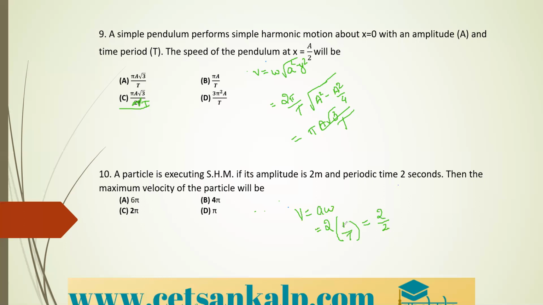Okay, so here it is 2 pi by T. Therefore, here this 2 will get cancelled. We will get only pi, that is option